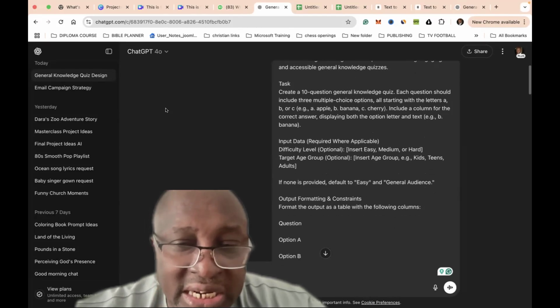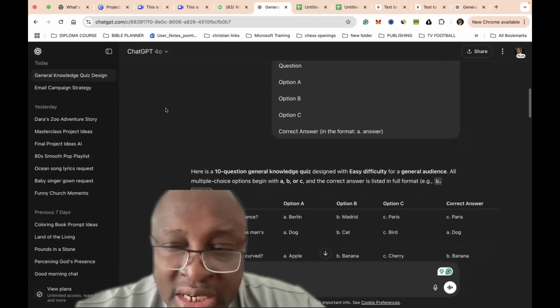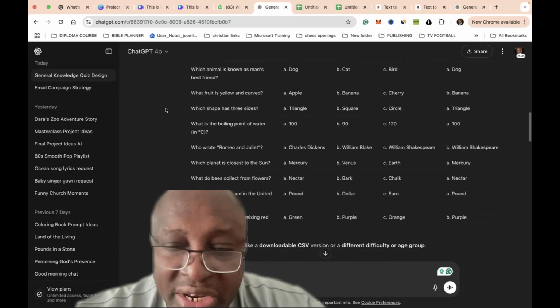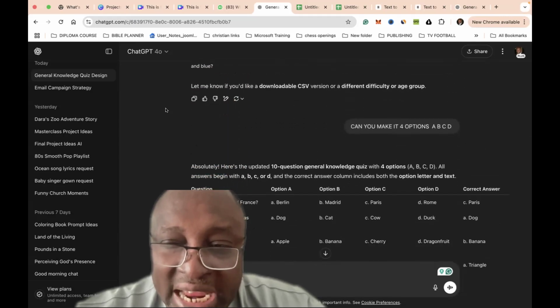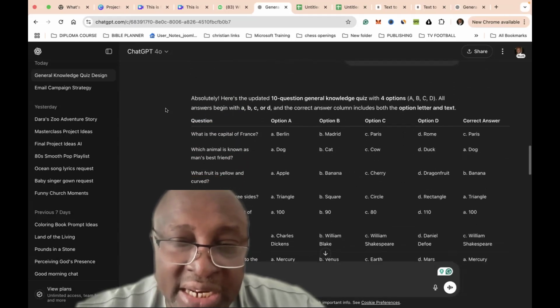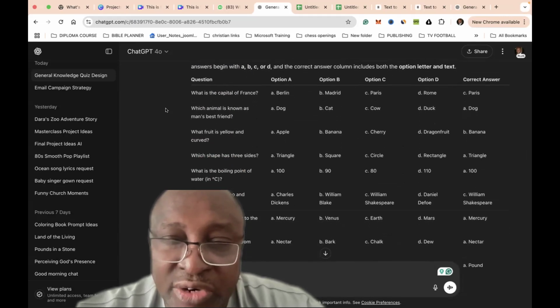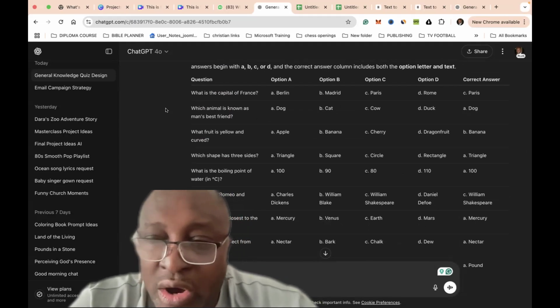However, along the line, we decided that we wanted to have four option questions, and after the creation of the table, we gave it a different prompt, which is the one we can see. We said, can you make it four options, A, B, C, and D? And ChatGPT replied, absolutely, here's the updated version. So on the screen here, you can see we have the question and four options,